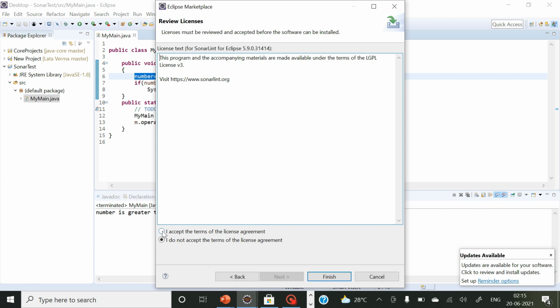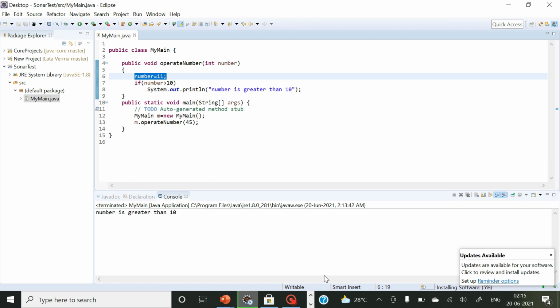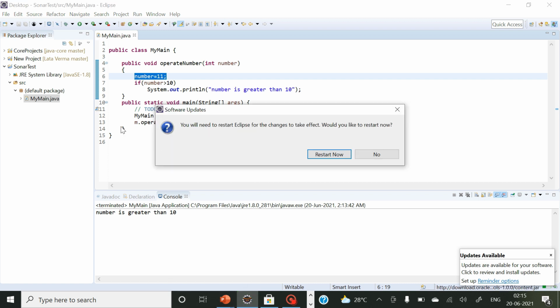I have to accept the license agreement and then finish. With this, SonarLint has been added successfully to my IDE, but it wants the IDE to be restarted, so I'm just restarting it now.